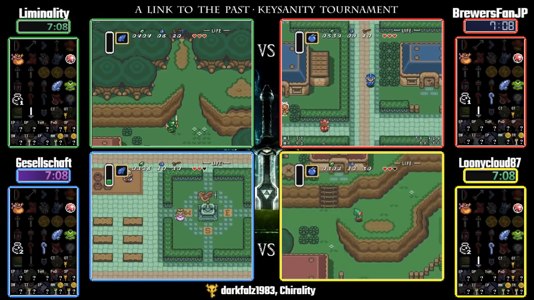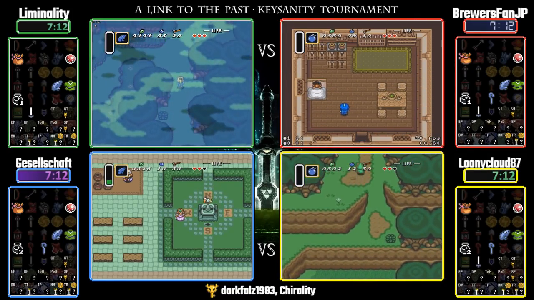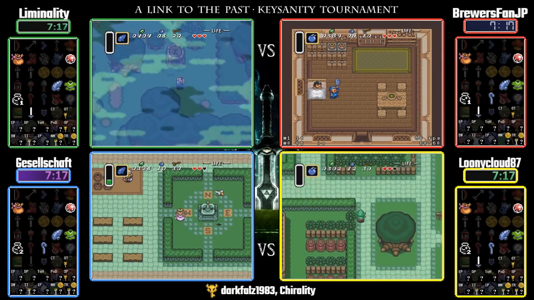Overall, not a bad Kakariko village. Some nice items. We got our early sword, we got our flute, we got our moon pearl, and of course, again, the Thieves' Town key. So a lot of nice stuff in Kakariko this is the first night seed. Yeah,